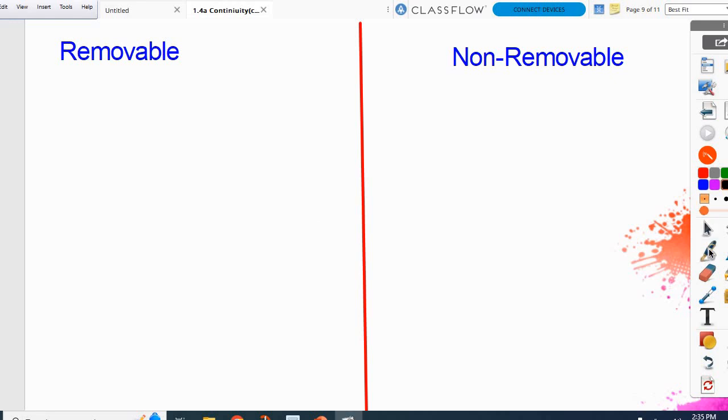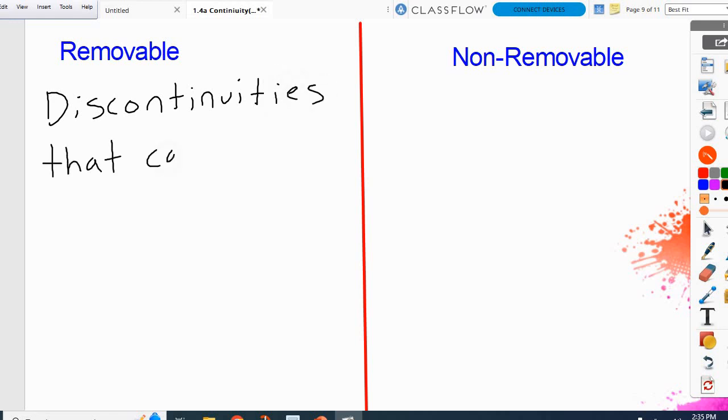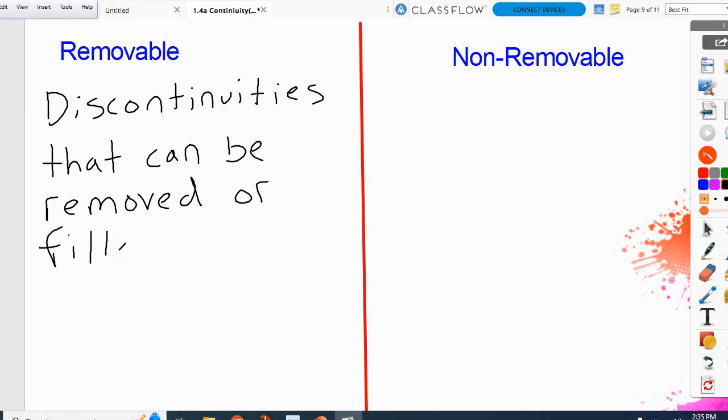So, removable discontinuities are discontinuities that can be removed or filled in. Okay, so the two things that we're looking at here are one, a rational